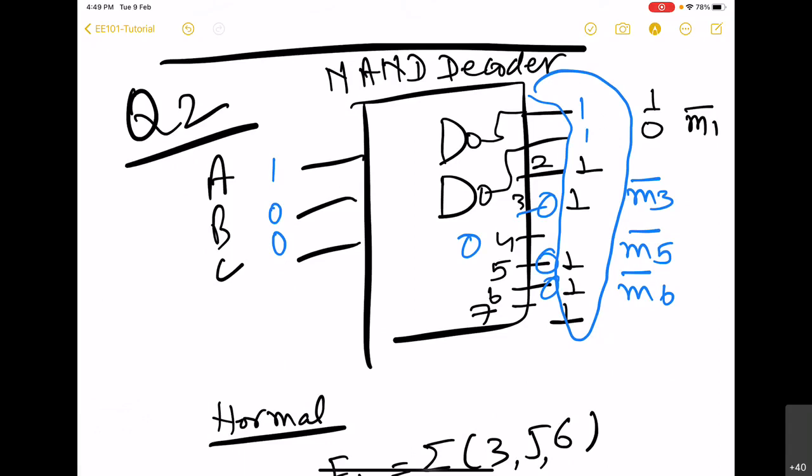So you can say that these outputs are either min term bar or they are max terms. So this decoder is actually giving me max terms.